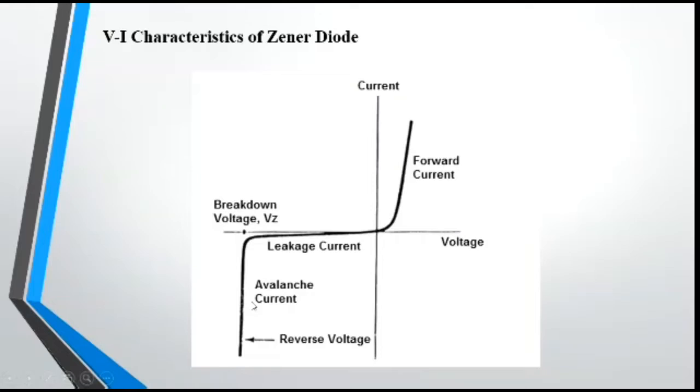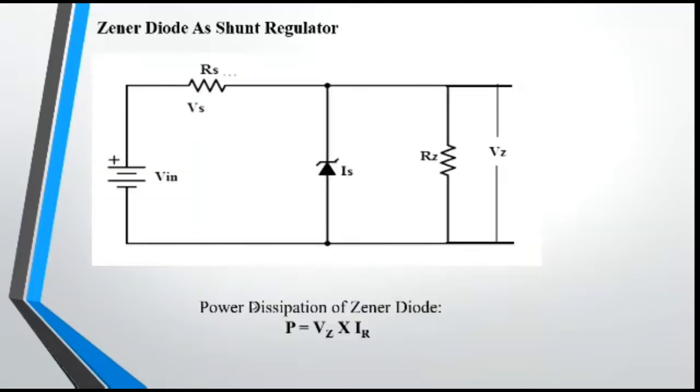Now let's see an application of the Zener diode. As the principle of the Zener diode is already discussed, when the reverse voltage is applied, it crosses the Zener voltage and then the diode starts conducting. Once the voltage limit has been crossed, there is no increase in the voltage, but the current can increase. The range of breakdown, that is the Zener voltage, lies between 12 volts to 1200 volts based on its